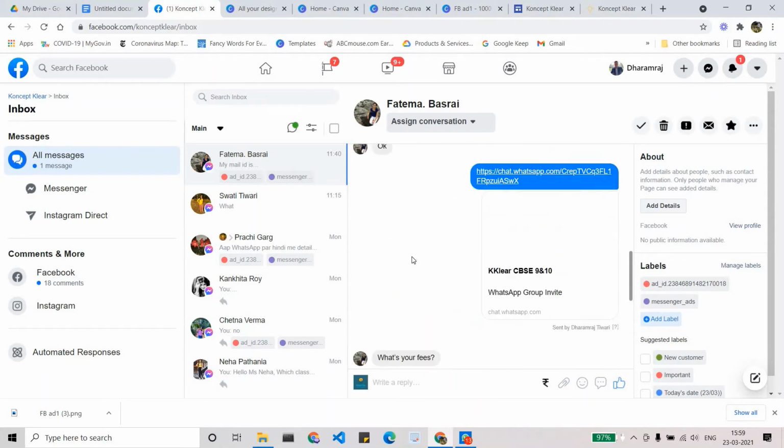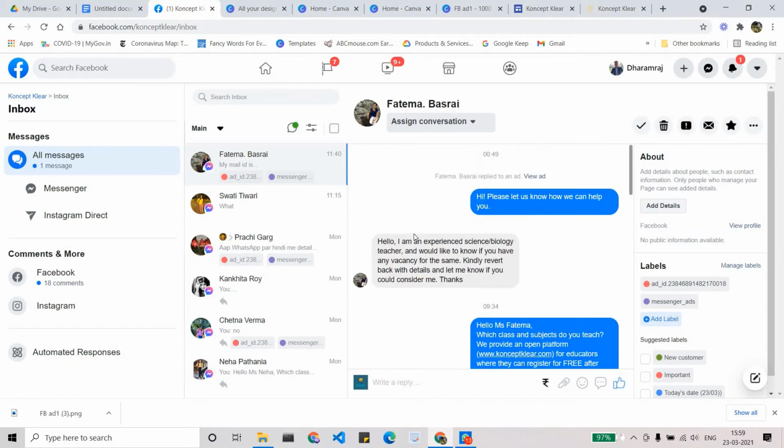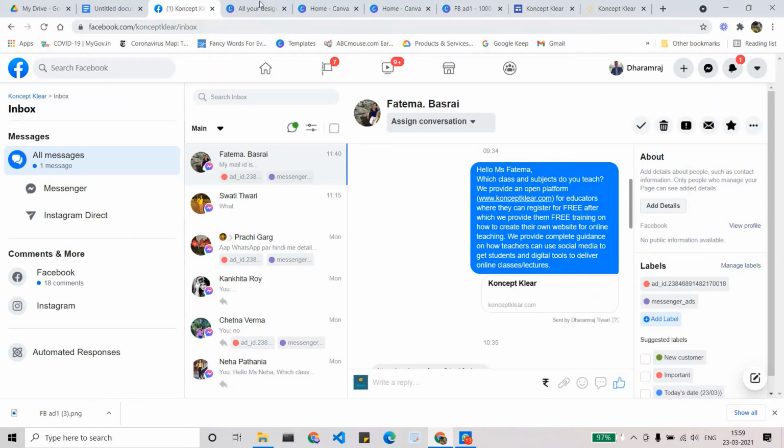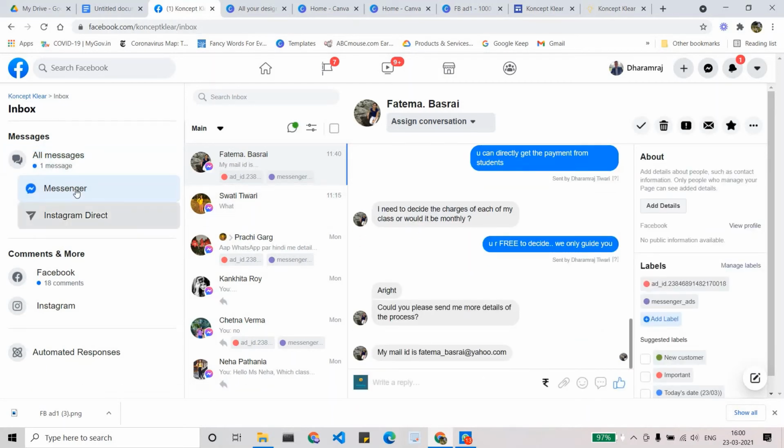So either you can conduct the conversations through this Facebook Messenger, or you can let the users fill the online form in response to your ad. Because when you create the ad, there will be an action button for the users, right, in response to the ad, whether they want to respond through Messenger or through your WhatsApp group, or they have to fill some form, right? So when you create the ad, you need to define whether you want to receive the request in Messenger or this Google form. Even Facebook has its own form.